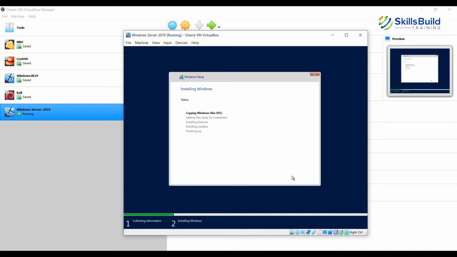So there you go. The installing Windows dialog box appears. Now this is basically going to take quite some time. It has already copied the Windows files. Now it is getting the installation files ready for use. This is where it will take quite some time, getting these files ready for